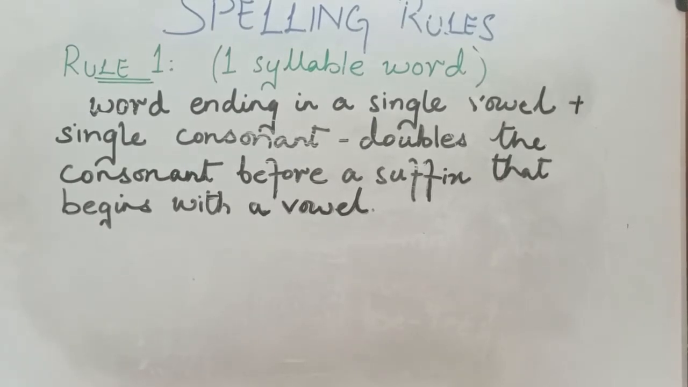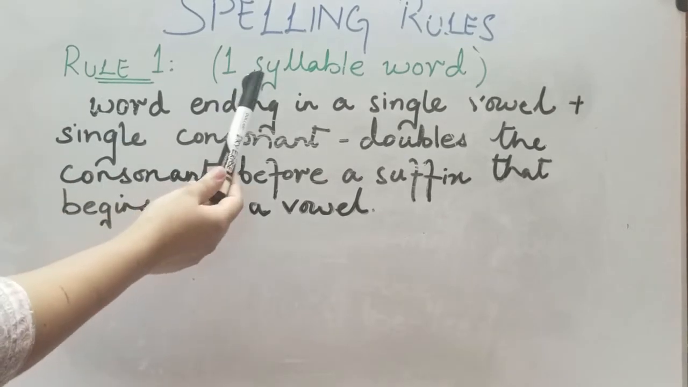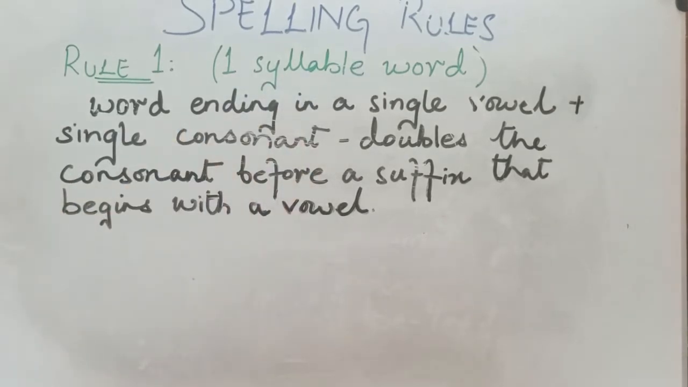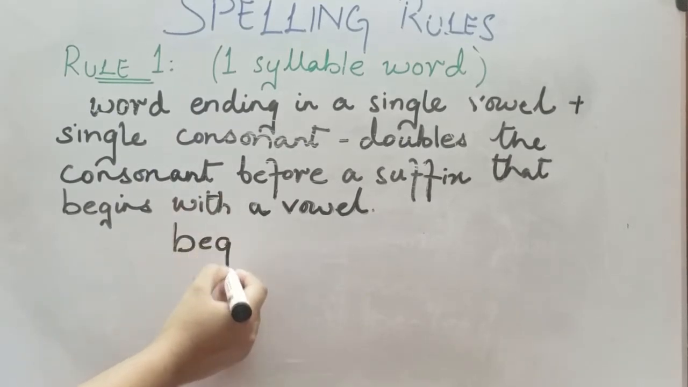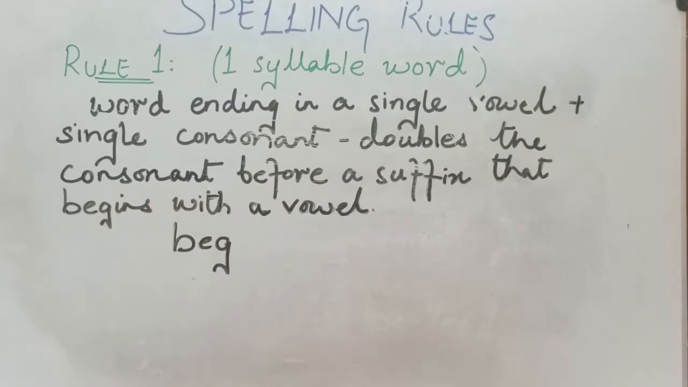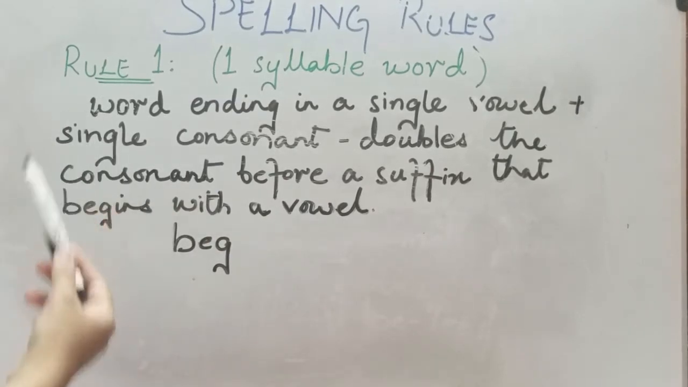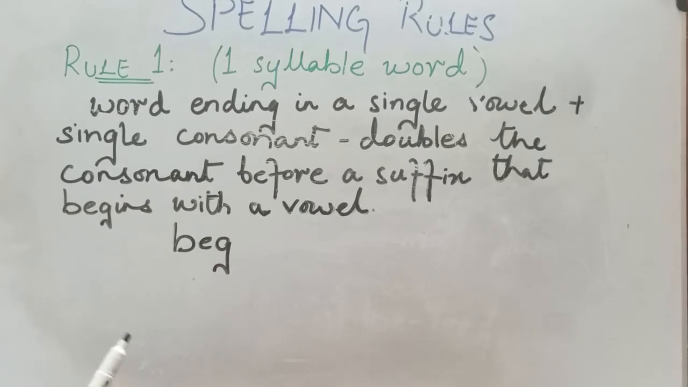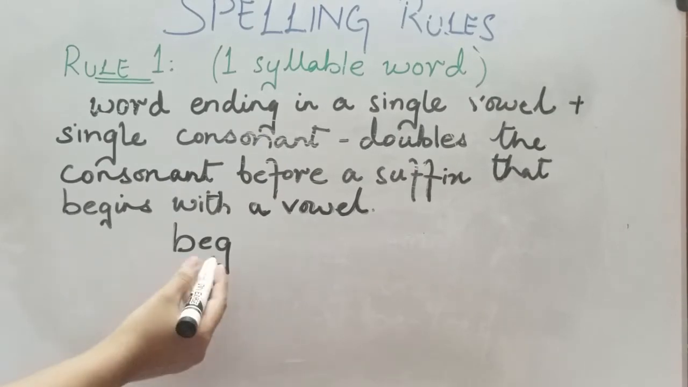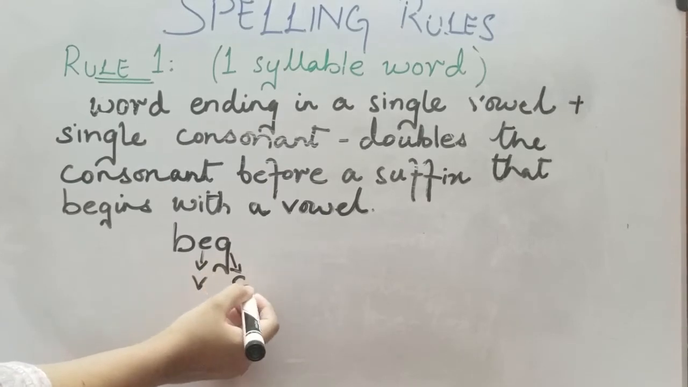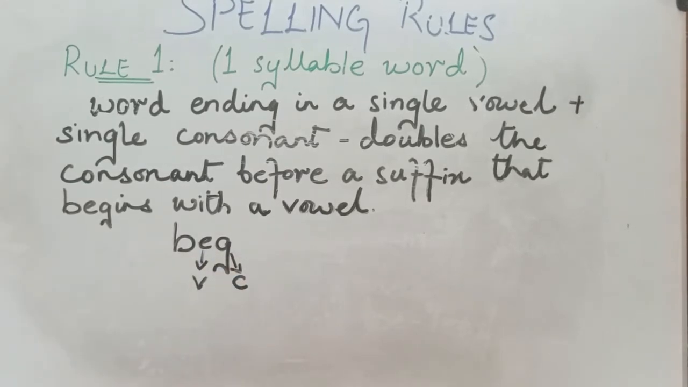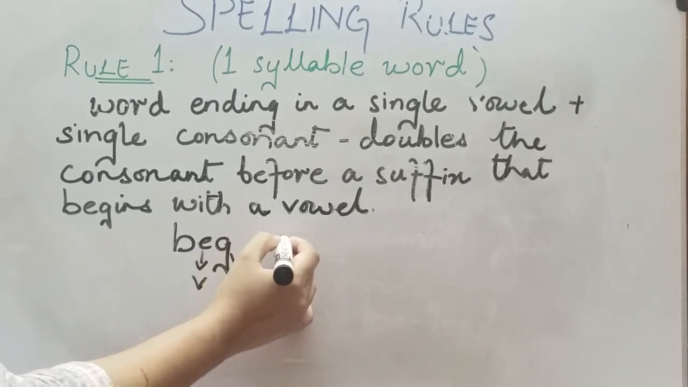So let's begin. Rule number 1 says it's a one syllable word. That means, for example, I have the word bag. But before going to this, let's see the definition of what it has to say. It says the word ending in a single vowel plus a single consonant. I have a vowel over here, as you can see, as well as a consonant over here, doubles the consonant before a suffix that begins with a vowel. That means when I am going to construct this,